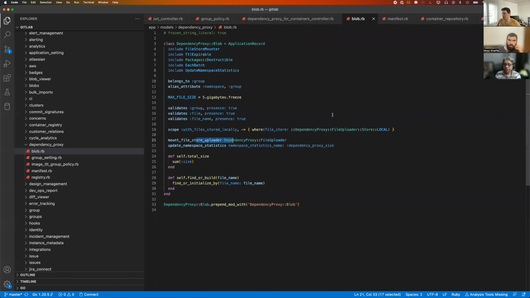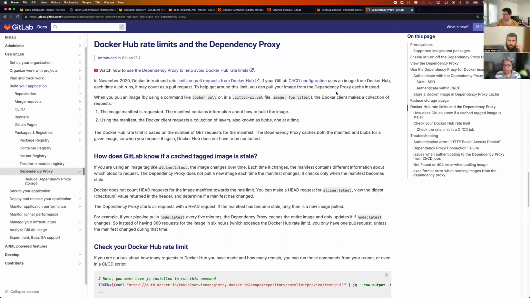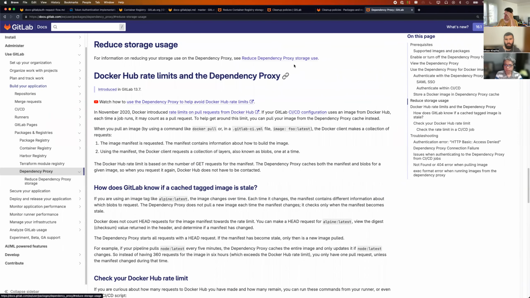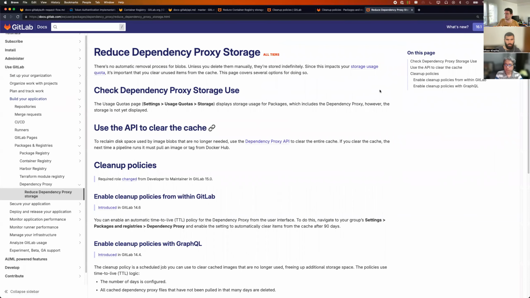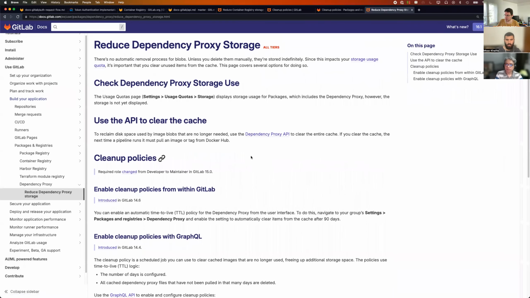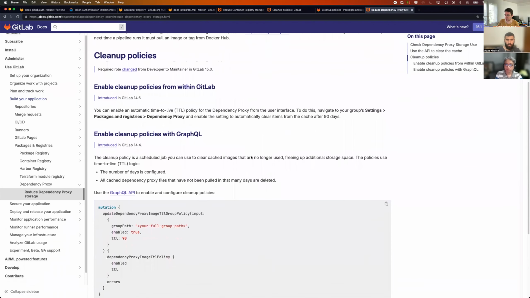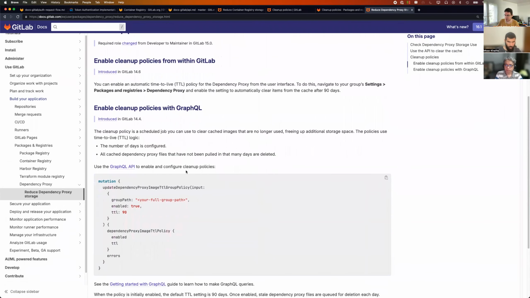The only other thing that you need to know is that with time, users will start building a lot of cache entries, and those cache entries are stored on object storage. So same thing as the container registry, if you want. It is using object storage. So we do have a simplified cleanup policy. It's super simple. I think it's only one rule, and it's the amount of days